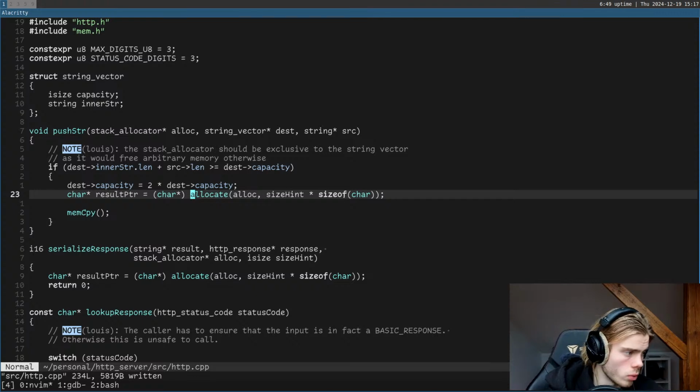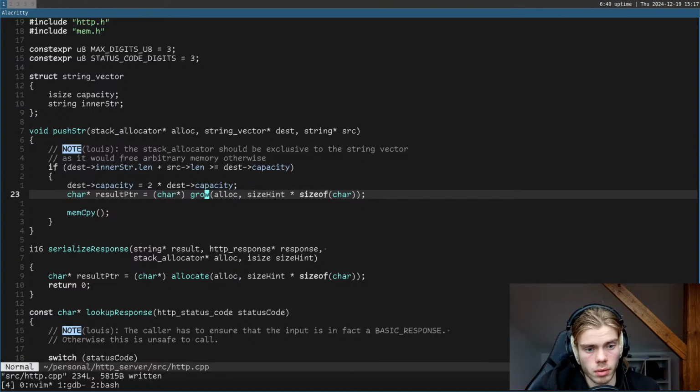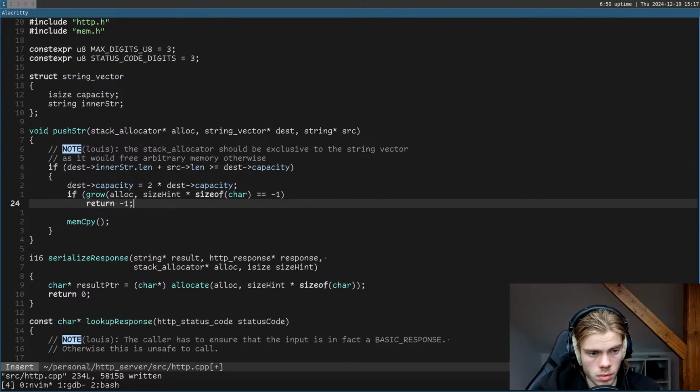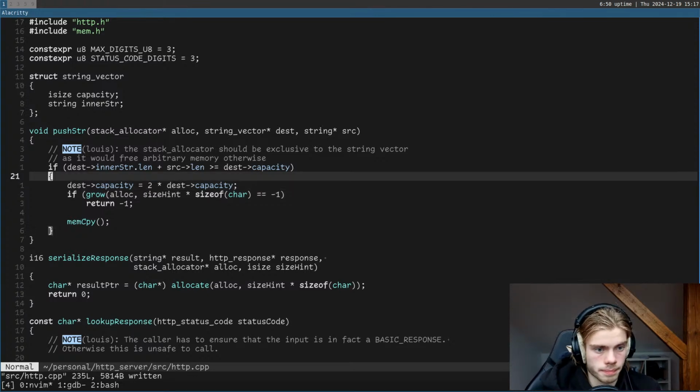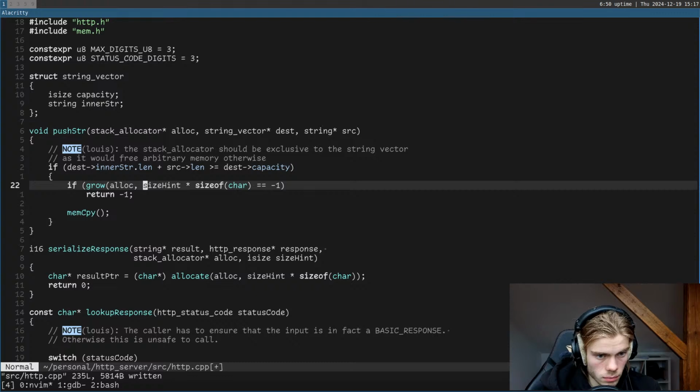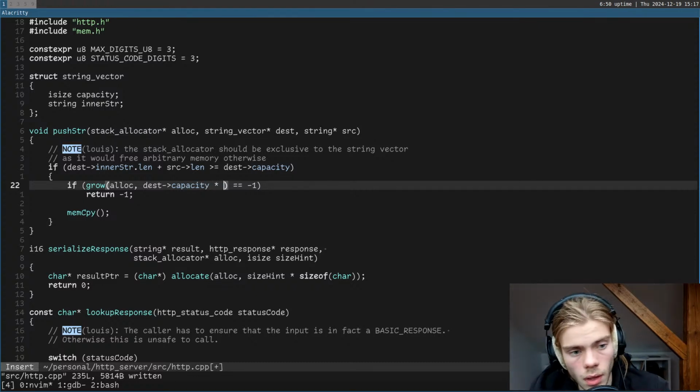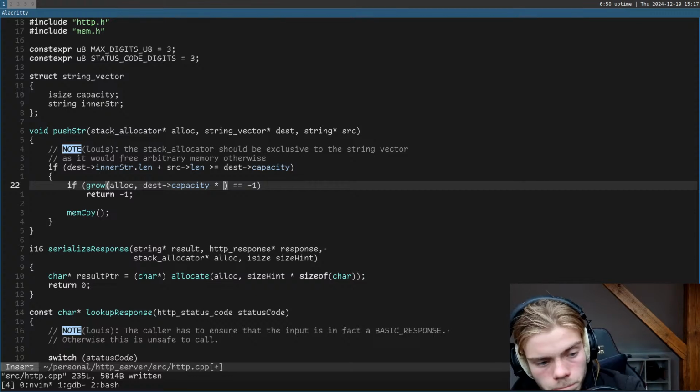Maybe we can grow the last chunk. So that might actually work. Grow. If grow,